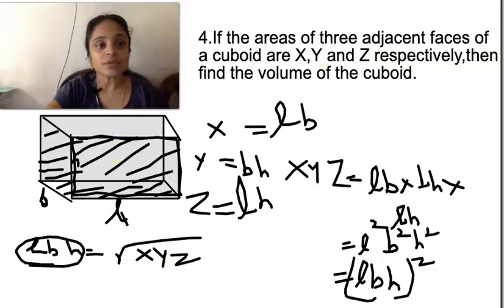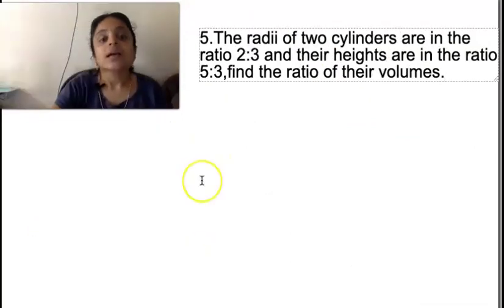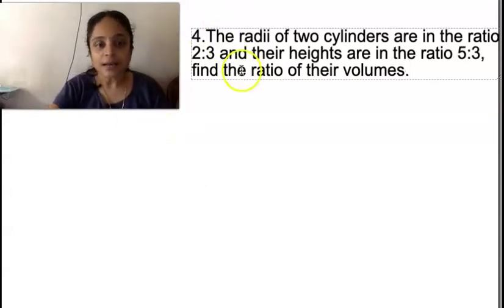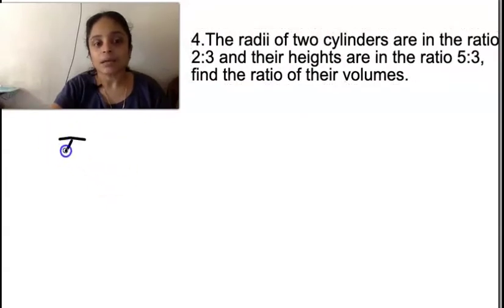Okay, understood? Next question is, the radii of two cylinders are in the ratio 2:3 and their heights are in the ratio 5:3. Find the ratio of their volumes. Okay, let R1 and R2 be the radii of two cylinders and their heights be H1 and H2. So, the volume of first cylinder is pi R1 square H1 and